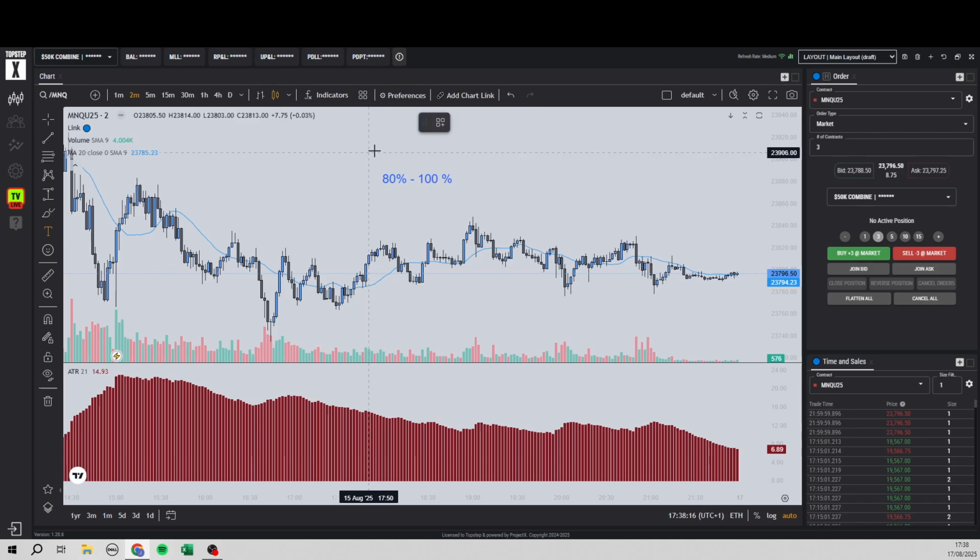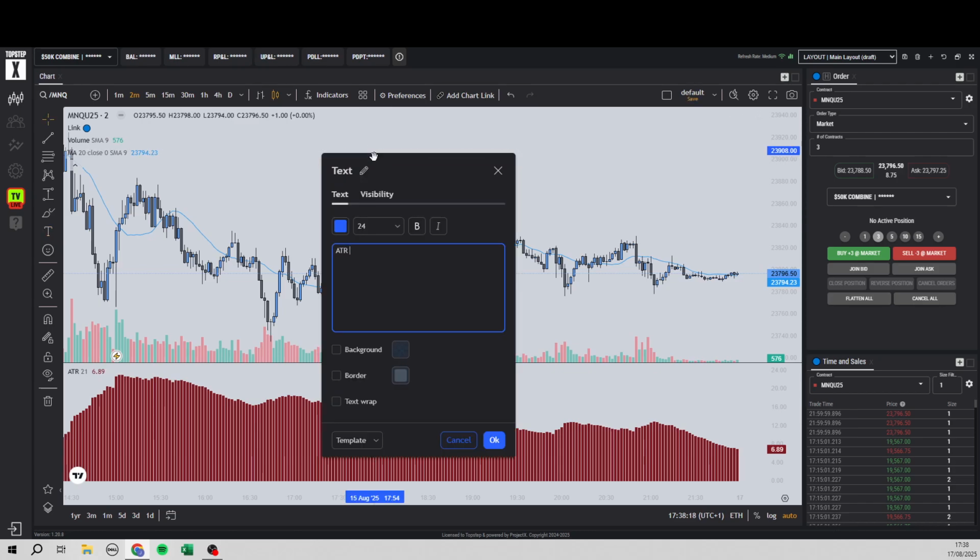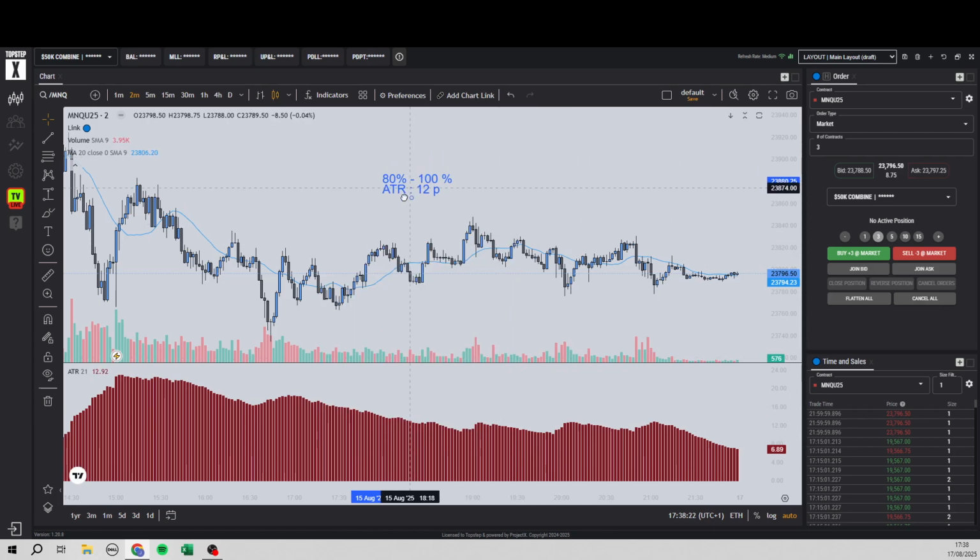So let's say we have an ATR of about 12 points, meaning the average 2-minute candle right now is moving about 12 points. Our goal, if we're looking for ATR, is between 80% to 100% of 12 points. So I think about 8 to 12 points is what we're looking for, right? Of course, we're aiming for 100%, but if we get a really, really bad rollover,